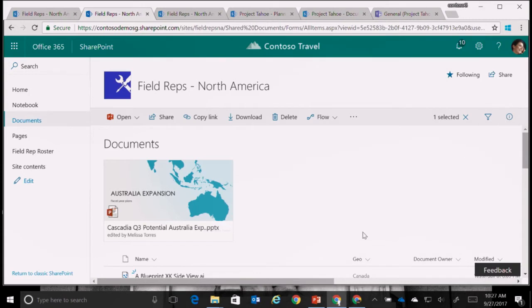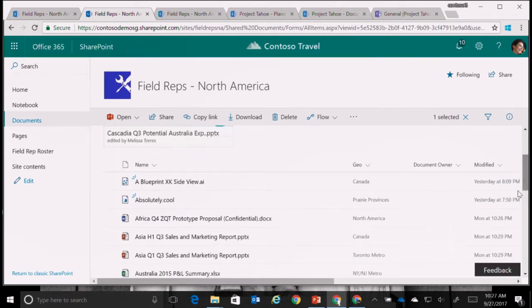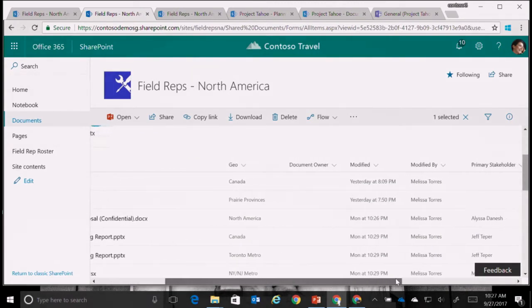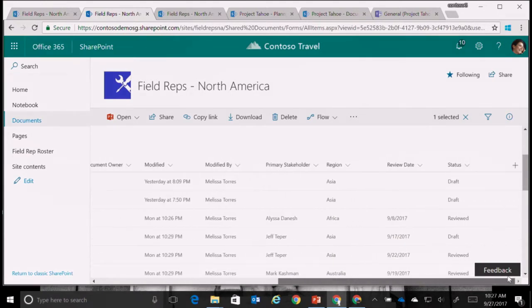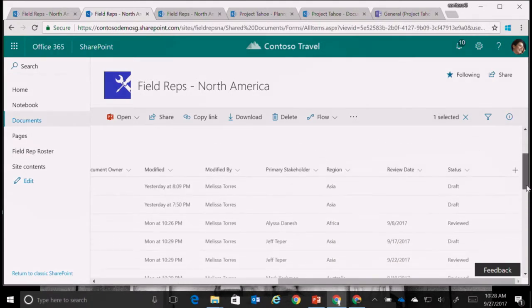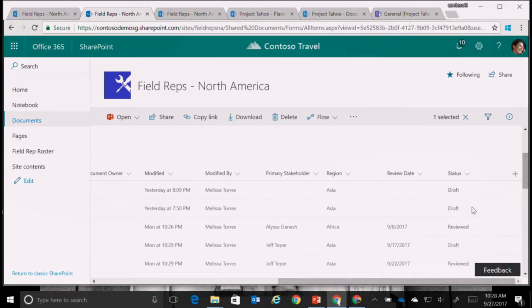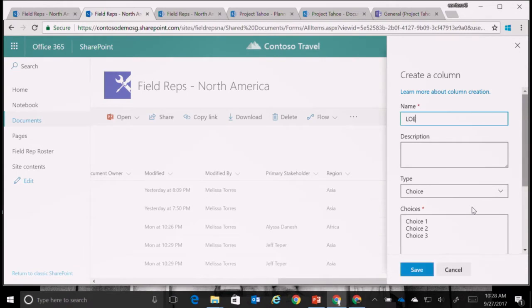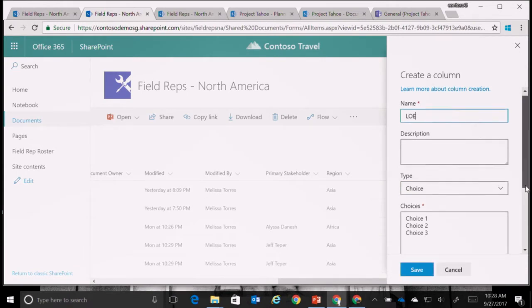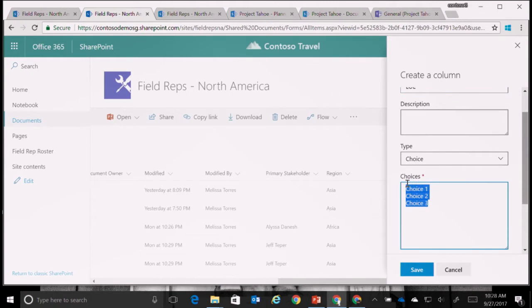Now, of course, if you're familiar with lists and libraries, one of the key values is the use of metadata to organize and help people find the right content at the right time. And you'll see that this document library, I'm going to scroll down a bit, has a pretty rich set of metadata with various different column types. So I can show you right here in this modern library experience, I'm going to add a choice type column here. And I'm going to call it level of effort. And it's a choice type. I'm going to give it 3 different options here. High, medium,